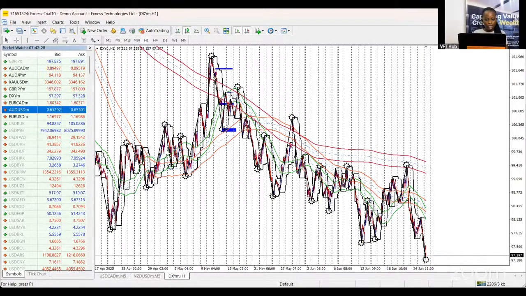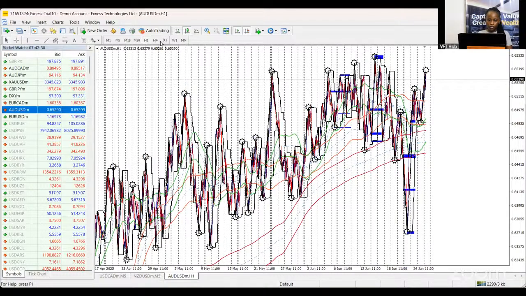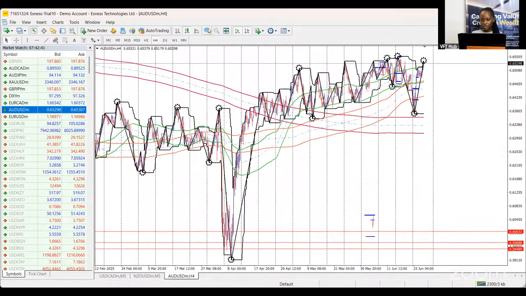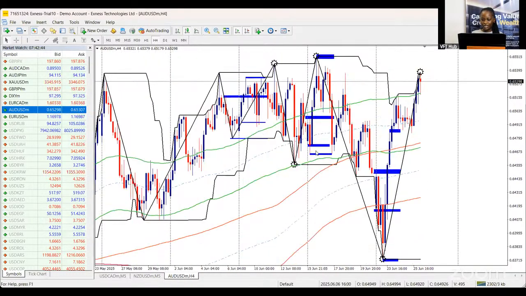So AUD USD on H4. What are we now looking at on the H4 time frame? So structure, or price movement, looks a bit choppy, but overall choppy to the upside. Zooming in so you can see clearly, price was just doing a lot of jammed up moves around here, but it was still forming structure to the upside until we saw a break of structure around here, right? If this was going to hold, when price retraced into this zone, we would have seen a continuation of AUD USD. However, price broke above this zone.